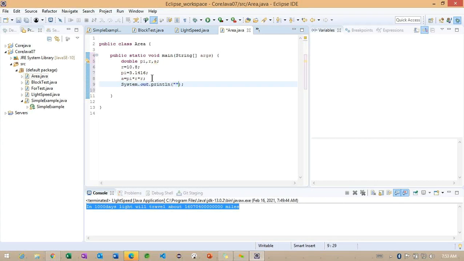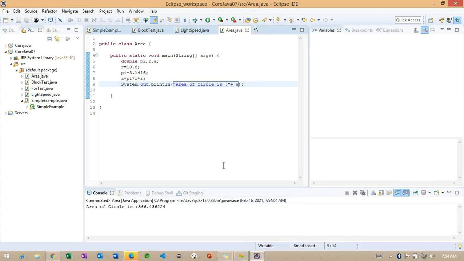This is System.out. After that, I want to specify some message here. What can we specify here? Something called a. Getting the point. Now observe.